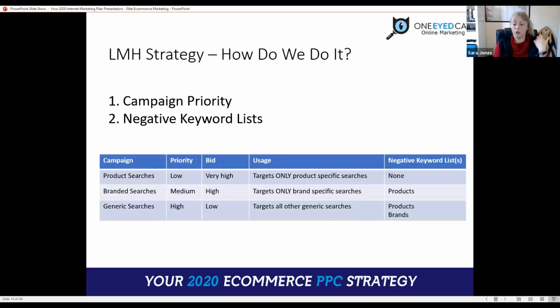So what we can do, just to try and explain this as briefly as possible. What we're able to do by using negative keywords as well is control which campaign, or the products from which campaign, are shown for particular searches. For example,